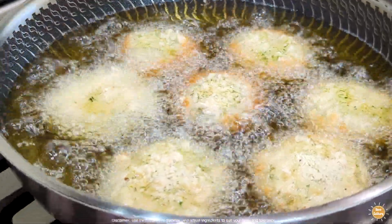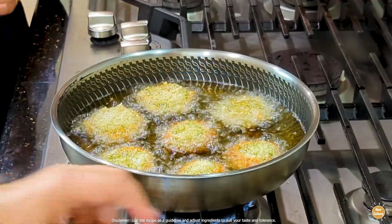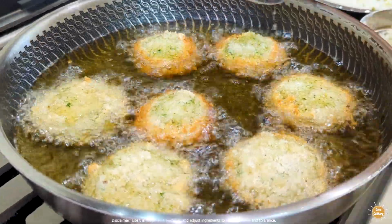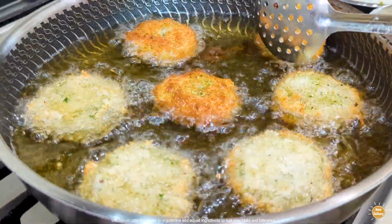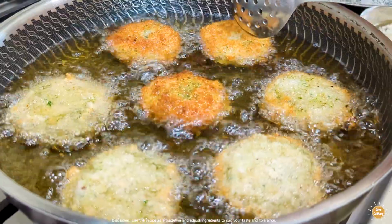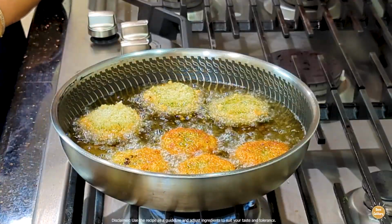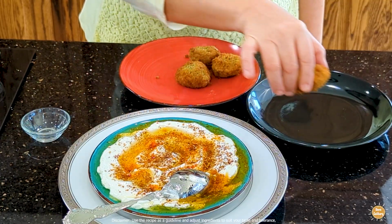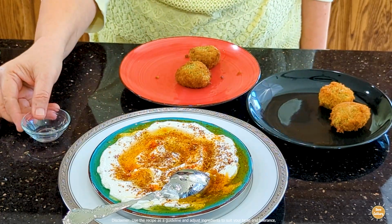So those are some tips, and our falafels are now getting ready, so we are going to relish them and enjoy them. So we got one batch out, and this is the second batch that we are frying, and this way you're going to fry all your falafels. We usually make the falafel in bulk because they are difficult to make. So when we make them, we make more, and then we enjoy them for a couple of days, either with